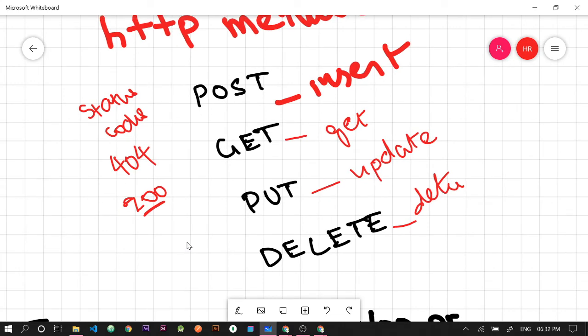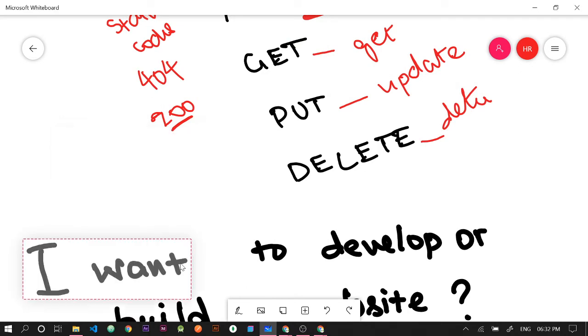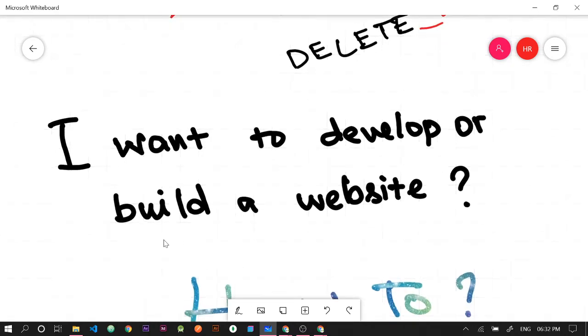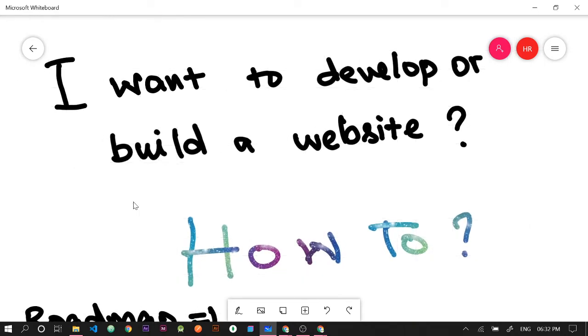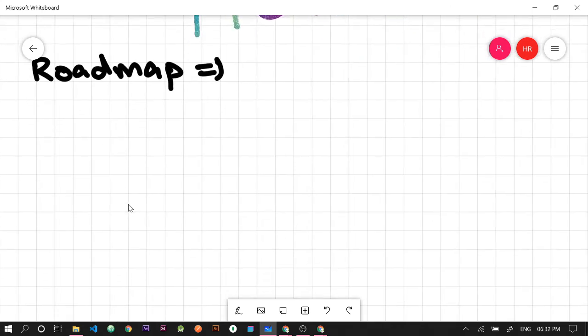So that's it about the client server. So mostly, if this is your question, I want to develop or build a website, basically, the roadmap to do it is,